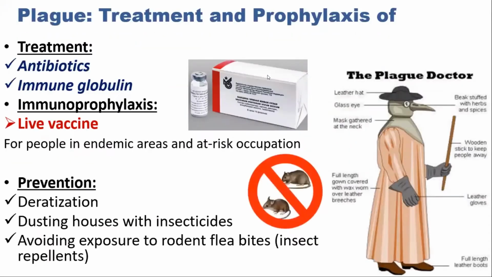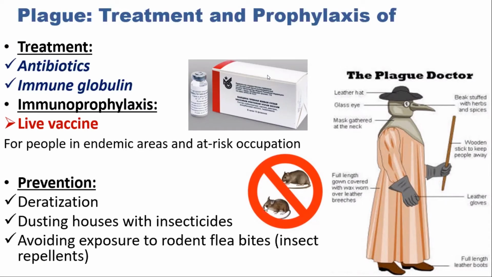Well, treatment and prophylaxis. Treatment includes antibiotics, immune globulin for severe cases that can kill the victim within a few days of disease after exposure to a parasite, and immune prophylaxis is by live vaccine, and it is employed for people living in or traveling to endemic areas and people having occupational risk of disease. Prevention includes deratization,